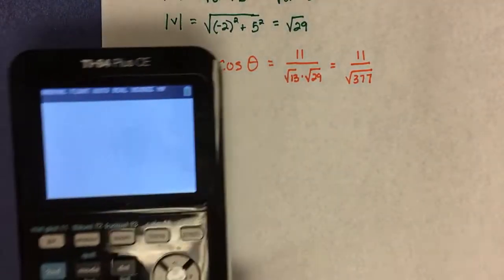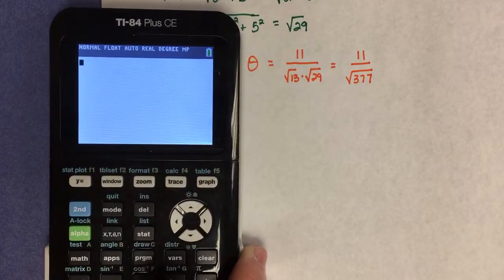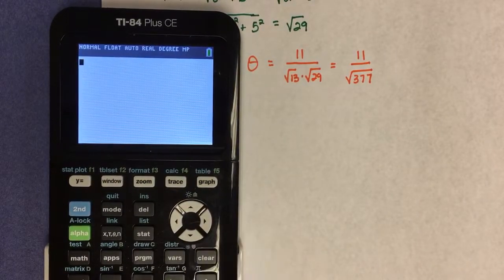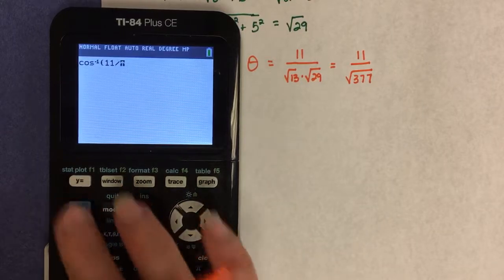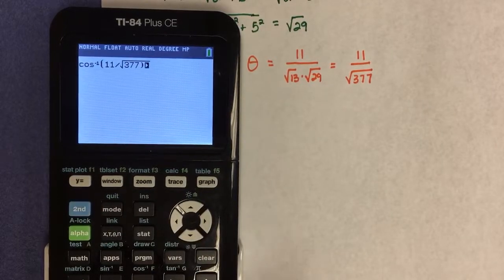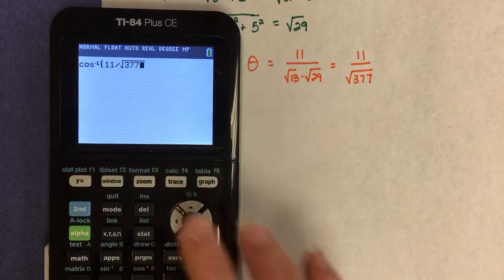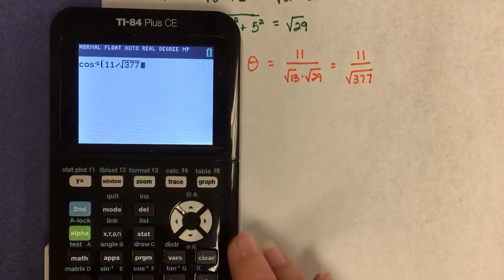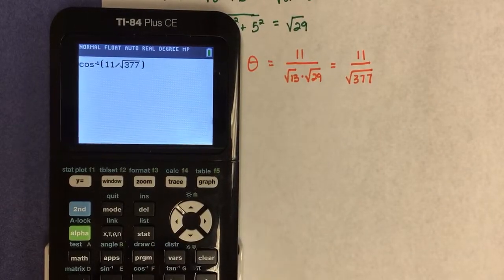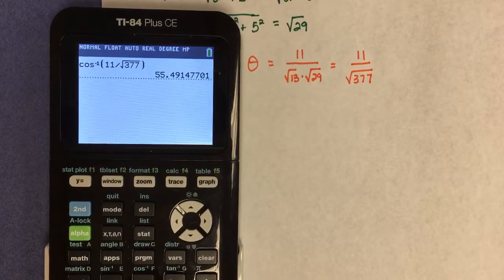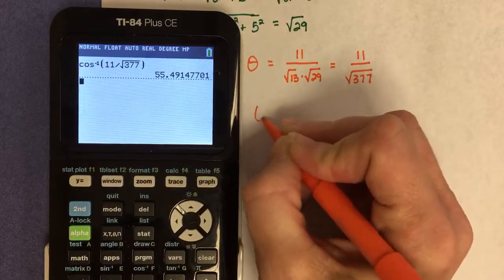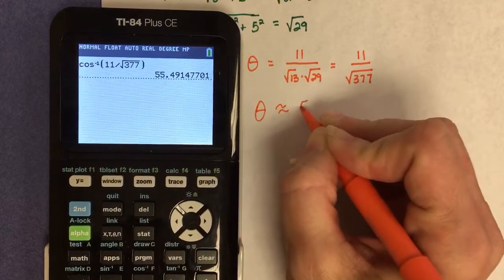So if you remember, when you're trying to find an angle in your calculator, then you have to hit your second function first. So you would do second cosine 11 divided by square root of 377. I don't need the parentheses there. Okay, so let's just say keep one decimal place, so that means that the angle is approximately